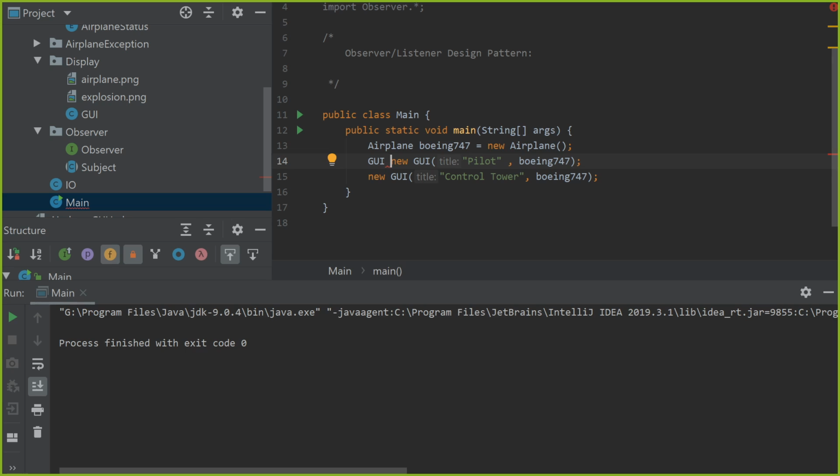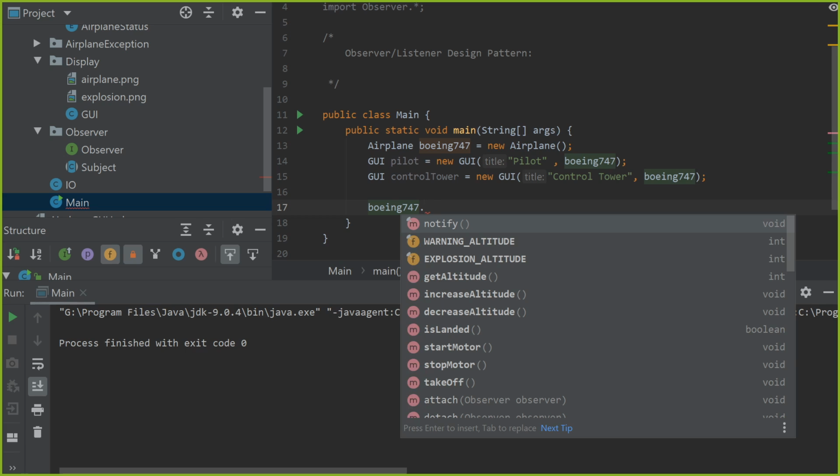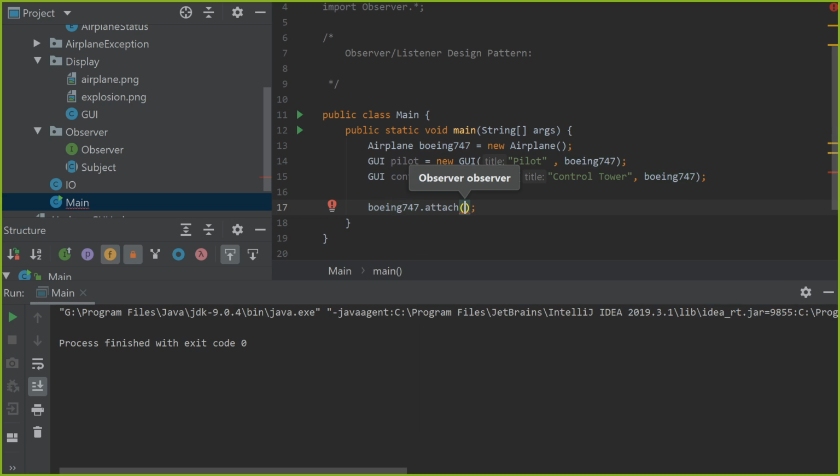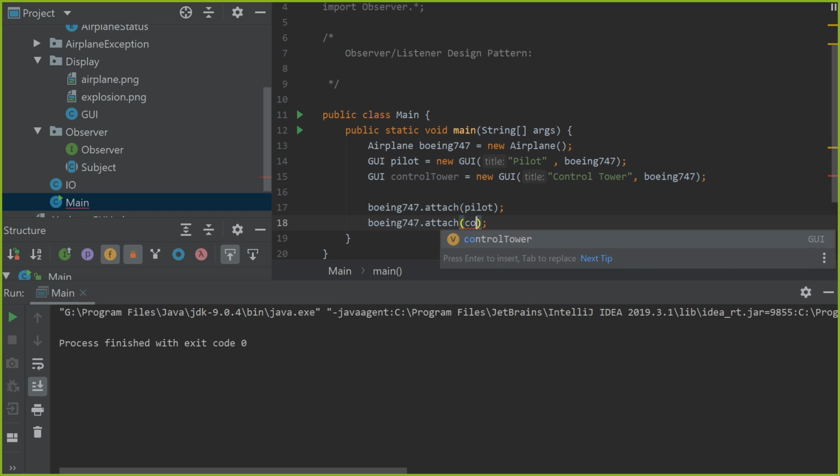So let's say this is the pilot. And over here we have the control tower. And then I go again and I do Boeing. Attach. Who's observing it? The pilot. Boeing. Attach. Who's observing it? The control tower. And I can remove them anytime. So now if I run it,